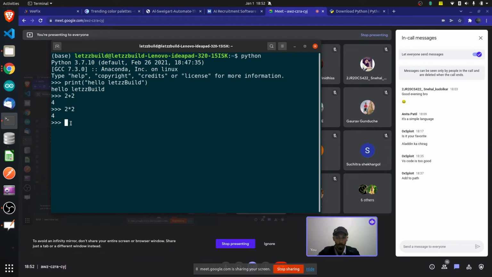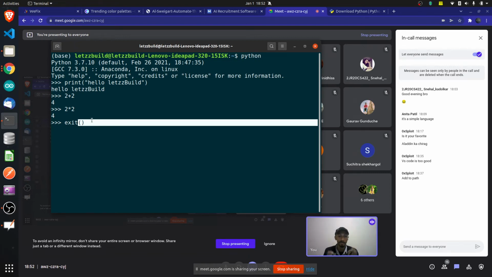If you want to exit through this, you should just type exit. And what I wrote after exit, these two brackets, are very special. What is that actually? I'll tell you afterwards, because you will be seeing all those brackets a hell of a lot of times. Actually, it is called a function. Jargon function, what exactly is a function, we'll dive deep into it in a really amazing way. So you will never forget functions. So I'll exit from that.